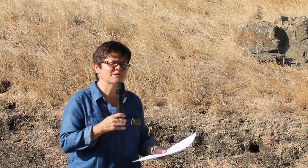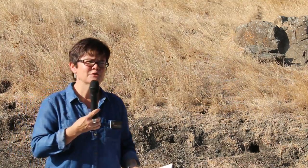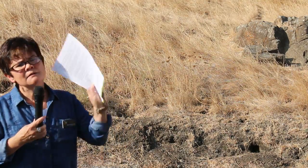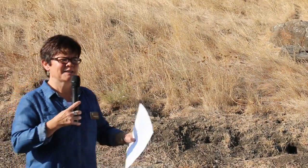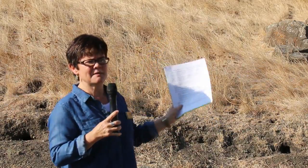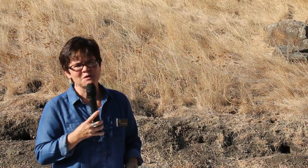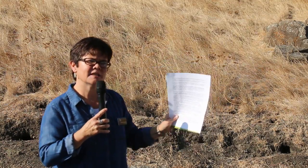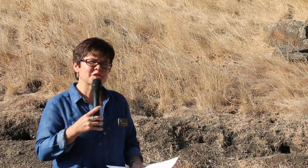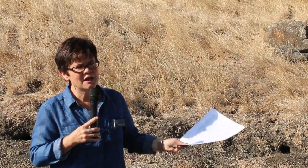And the centerpiece of the Coyote Valley is a place called Laguna Seca. Well, I need to brush up on my Spanish, but Laguna Seca translated is dry lake. I think that's a bit of a misnomer. For many years, we've seen how that is not a dry lake. And if you drove down here in the last winter, you saw that that indeed is the largest remaining freshwater marsh in the South Bay, Laguna Seca. It's a place where wildlife migrates. It's a place where 242 species of birds congregate, and on their long trip on the Pacific Flyway, stop and